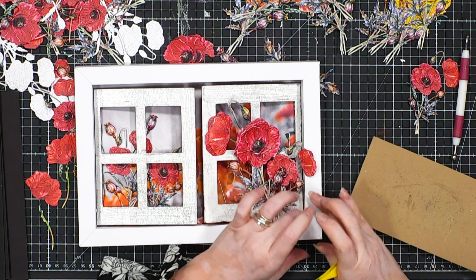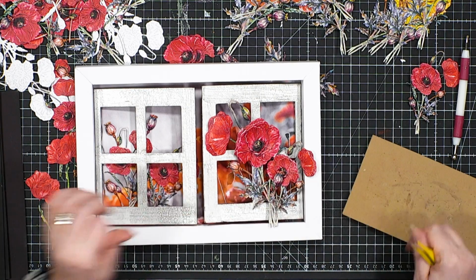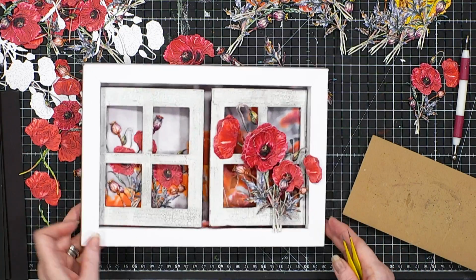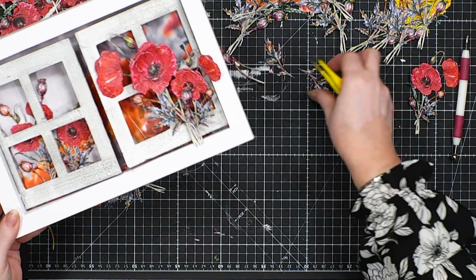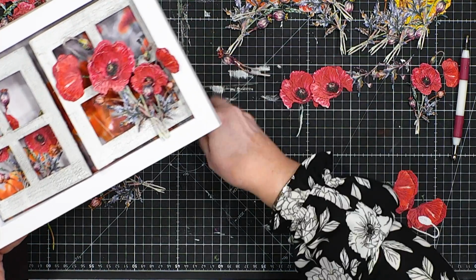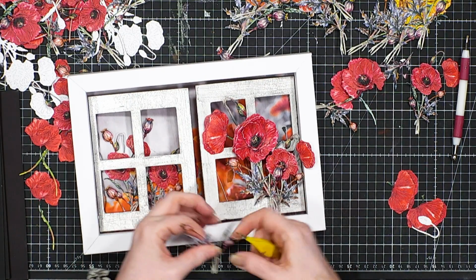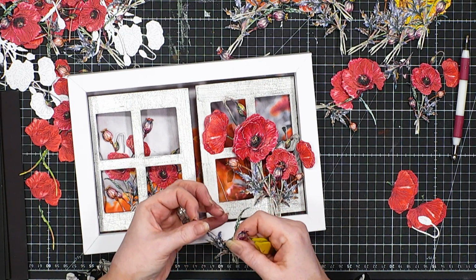Wipe that little bit of gel away. And then I want a couple of pieces on this other outer edge just to balance this. So this is where those extra little pieces that I've already cut off will come in. So this one,